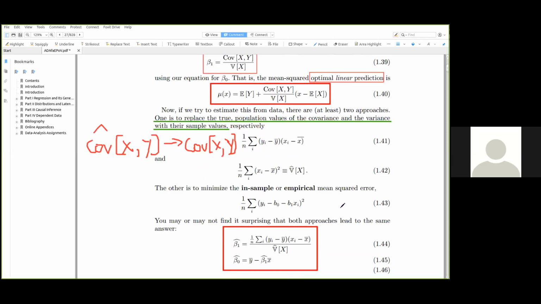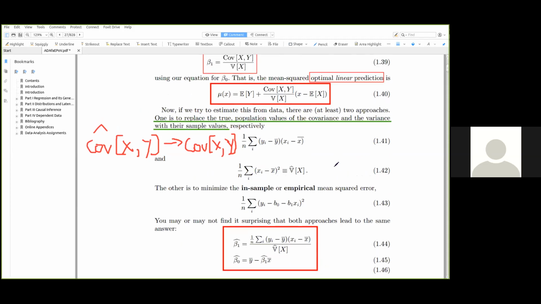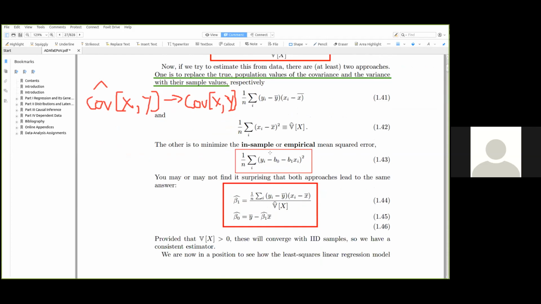Or the second way would be, you have the mean square error. This is the mean square error, the method that we use to try and minimize, right? We have this loss function and we try to minimize it using the in-sample data, using some operator, and we finally come to